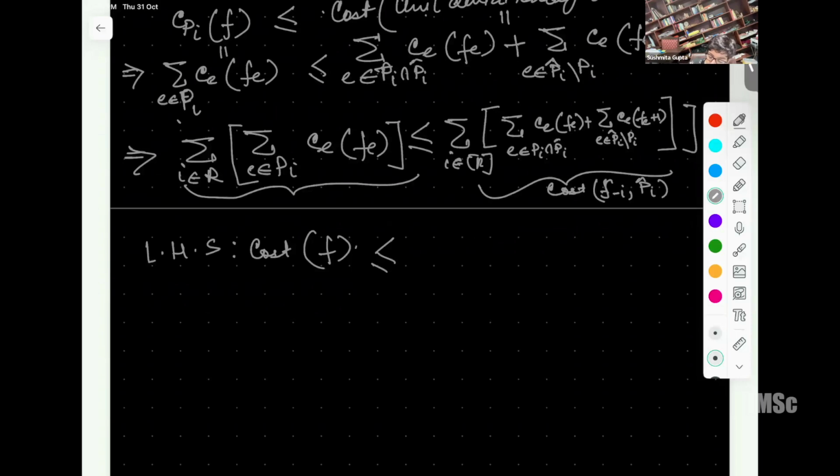Can I get a useful bound using this? The fact that f_e plus 1, so okay, we know that this cost function c_e is a non-decreasing function, right? You can think of it as like this sort of thing. So instead of this c_e f_e, I can basically replace these terms by a quantity which is c_e of f_e plus 1, and I can only get an upper bound. So this thing.